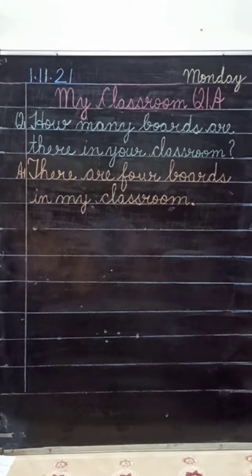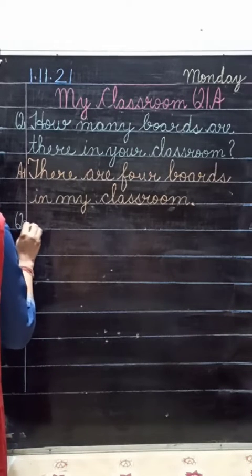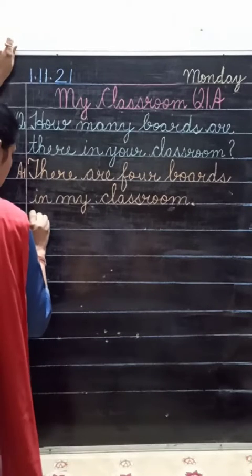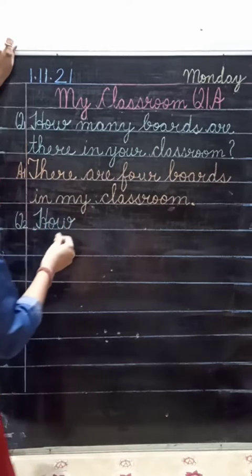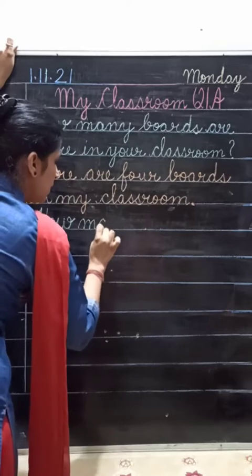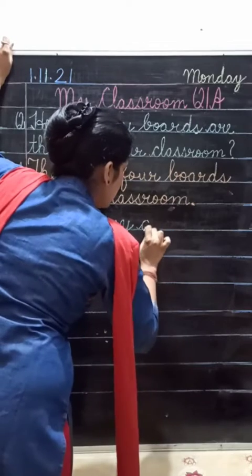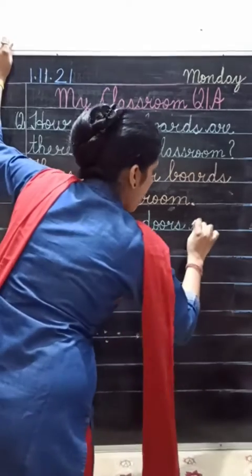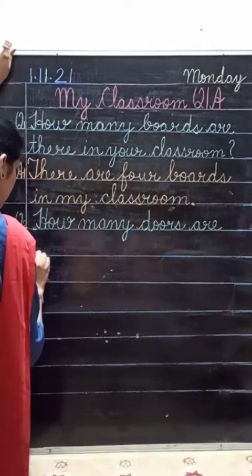Okay, now beta, next question, write down here question number 2. Now next question is, how many doors are there in your classroom? Write down capital H-O-W, how, many, M-A-N-Y, many, doors, D-O-O-R-S, doors, are, how many doors are there,